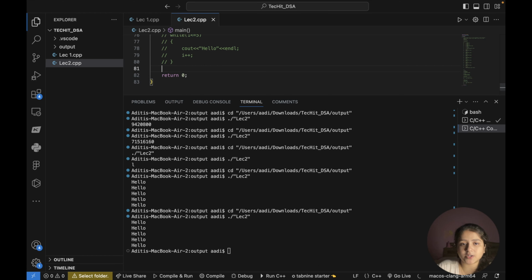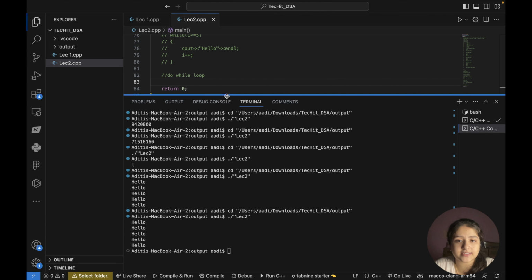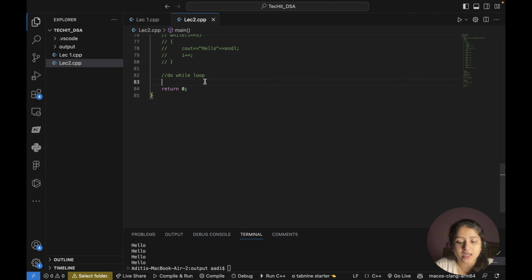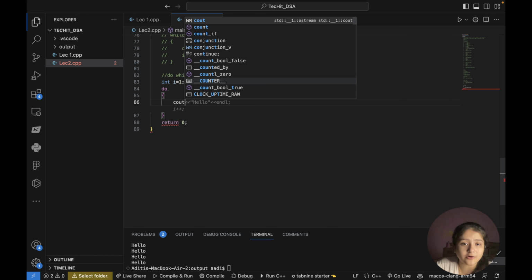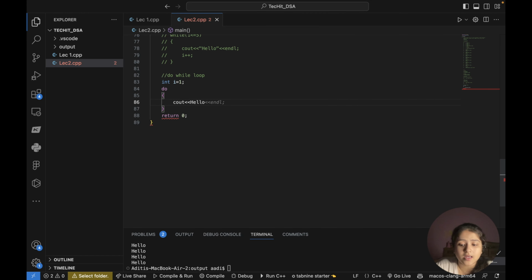As I told you, for do while you don't need to check the condition before. So let's first of all see the do while. Initialization would be the first thing, right? Then do, and then we would be writing the code. I want to print hello. I have printed it, and then I will upgrade i++, right? And then after all this is done, I will check for the condition. So while